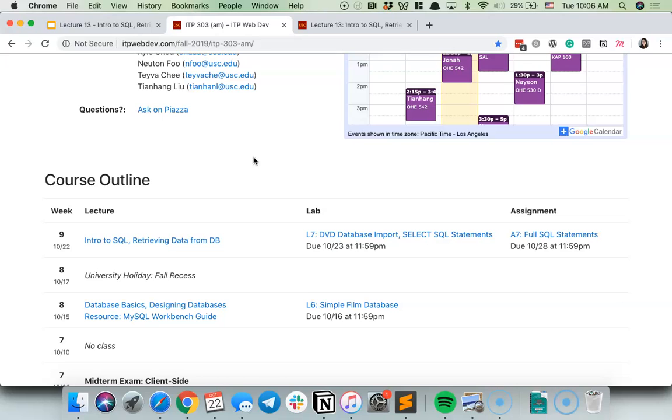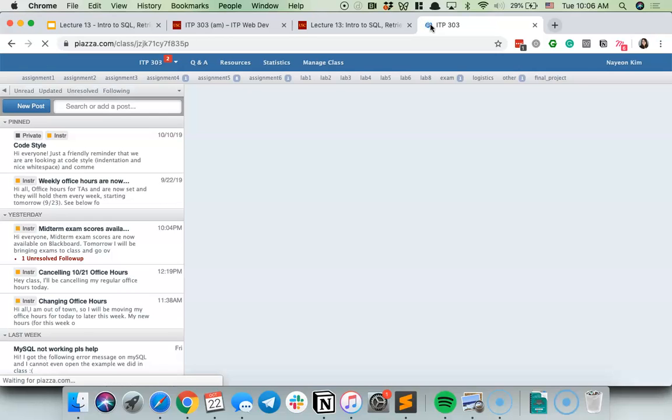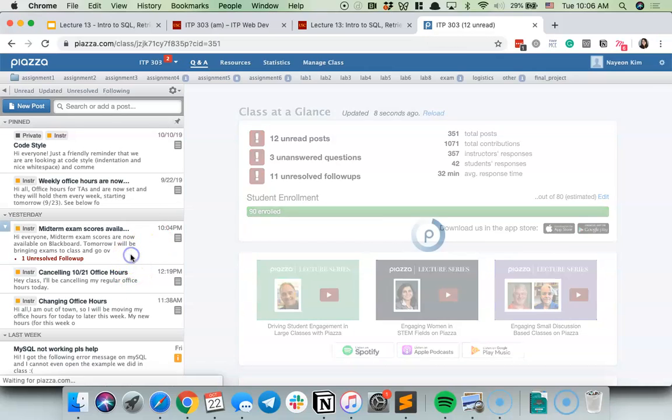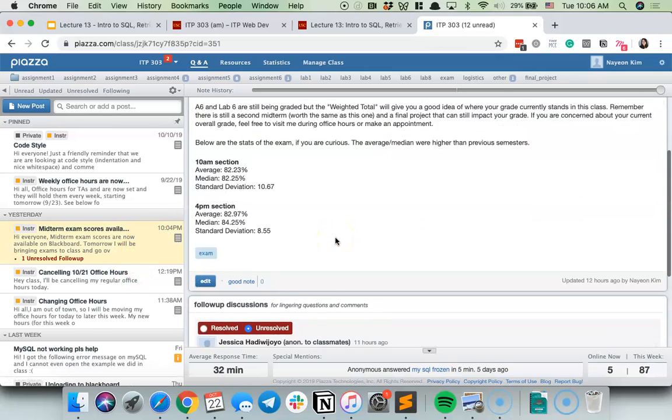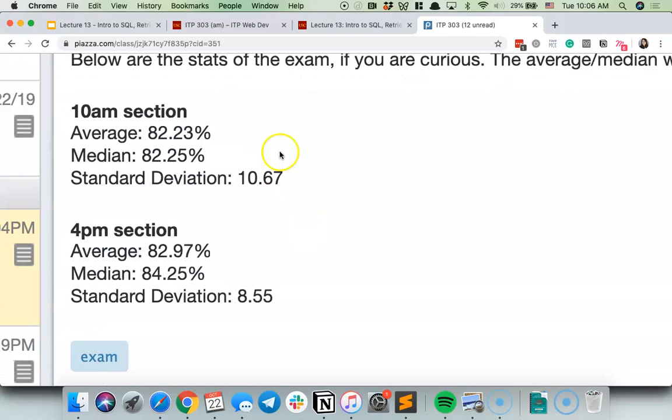Today we do have a lecture, and at the end of the class I will go over the midterm solutions with you and pass them out. I'm also giving back your cheat sheets. If you are curious, last night I did post the stats. I was surprised to see that the average between this section and your 4 p.m. afternoon section is about the same. I was very pleased to see that.